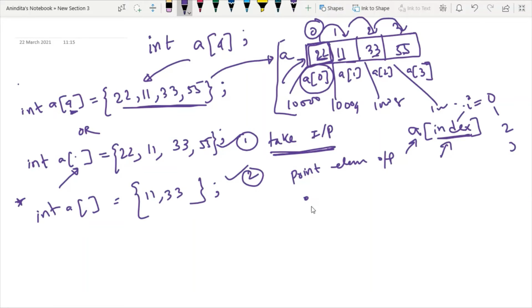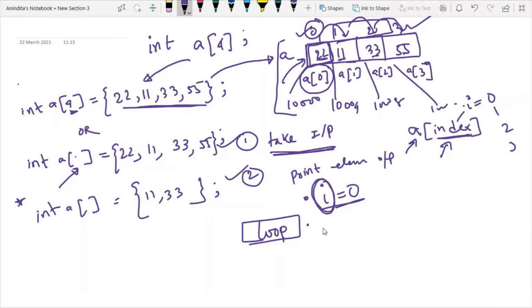Now the point is how to iterate or how to traverse. Traversing means I have a starting point, that is I have to start from this index and end at this index, and in between, each time the value of the index will be incremented by 1. This traversal activity in C is performed by a loop. I will discuss loops later on, but here, what kind of loop am I using?